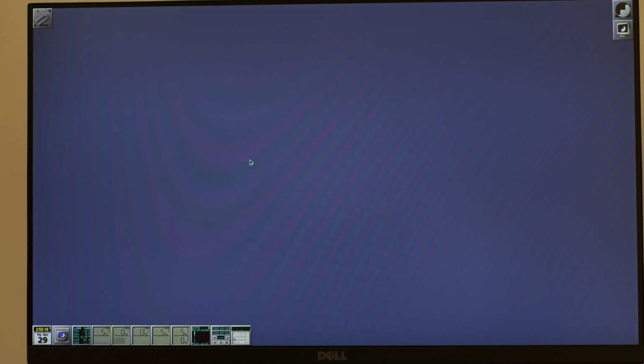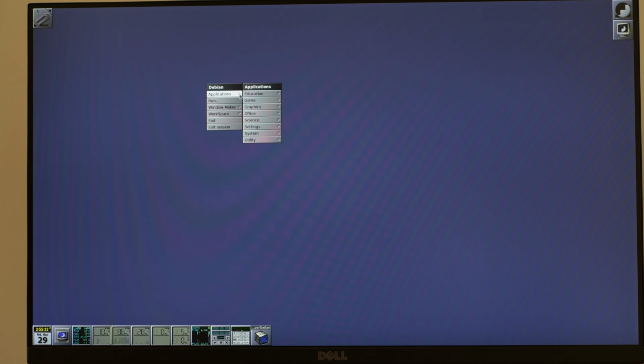SuperTux Kart, I think it fails to load, even though it's installed. Yeah, it tries. I'll minimize it, but I think it will crash. Next,